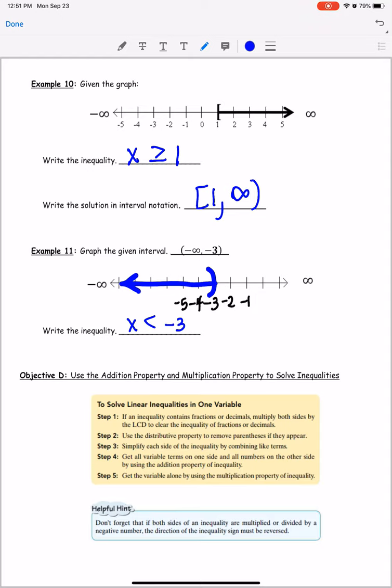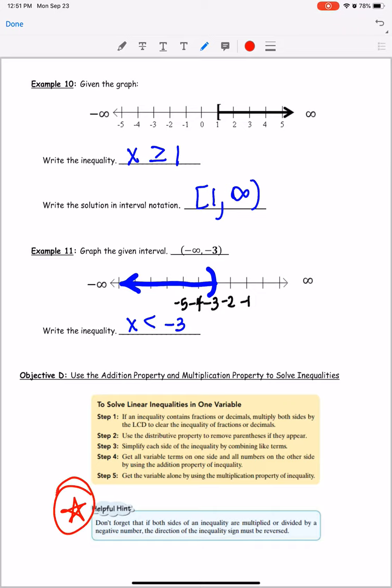All right, objective D, we're actually going to start solving these, then graphing and writing it in interval notation. So these are the same steps that we've dealt with before. Okay, LCD, distributive property, combine like terms, number on one side, terms on the other side, usual multiplication property, which is usually division. Everything's the same